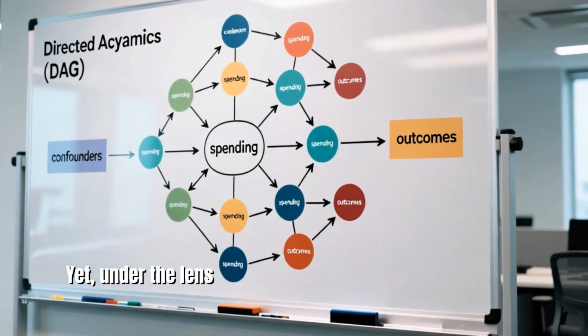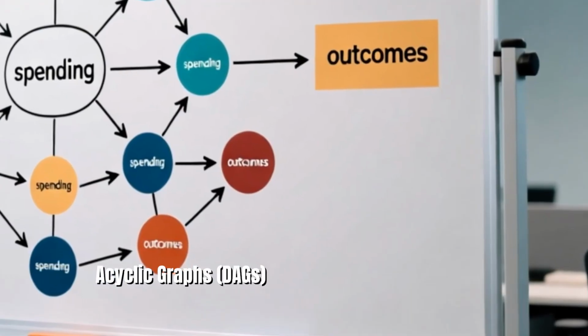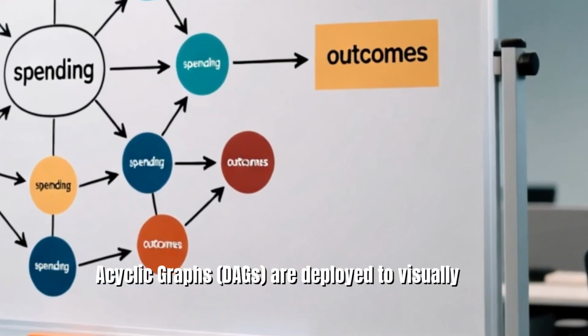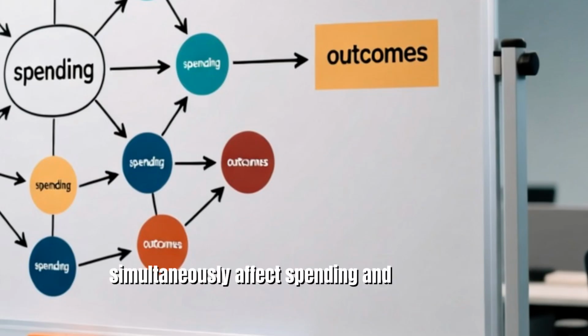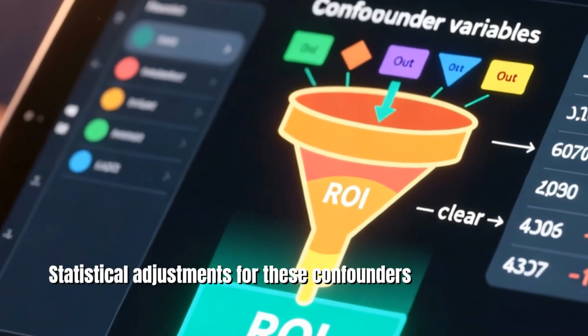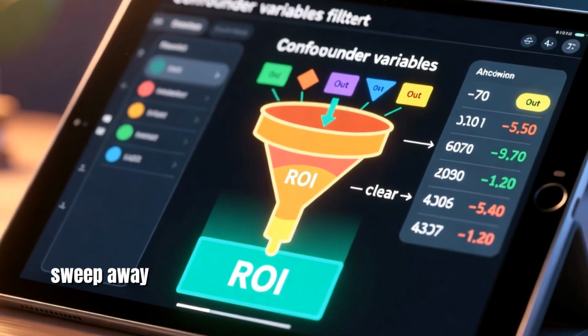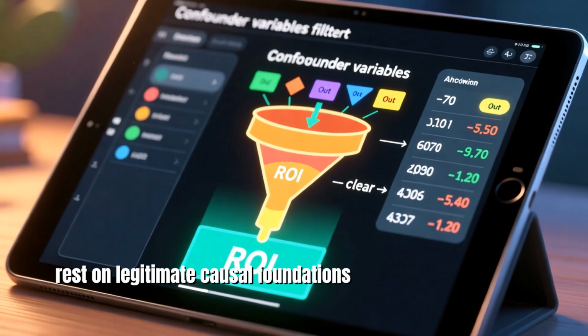Yet, under the lens of causal inference, tools like directed acyclic graphs, DAGs, are deployed to visually and mathematically map out confounders, latent variables which simultaneously affect spending and outcomes. Statistical adjustments for these confounders are essential to sweep away spurious associations, ensuring ROI calculations rest on legitimate causal foundations